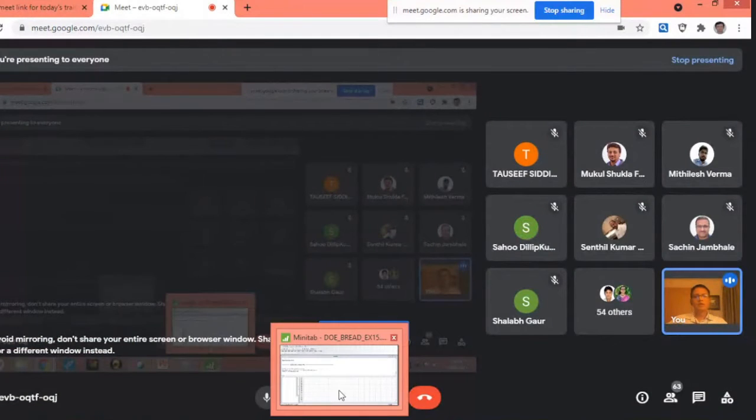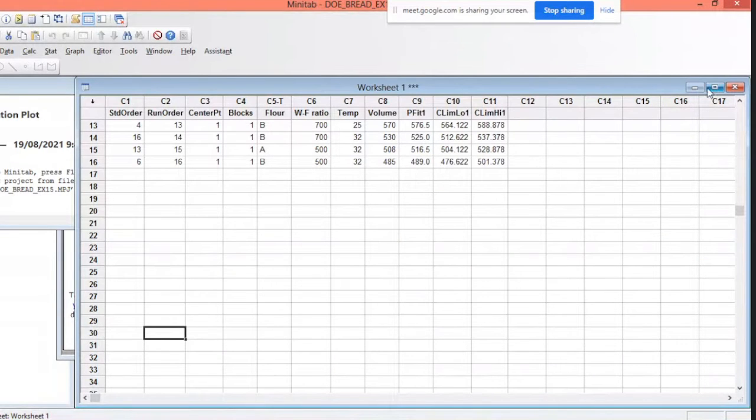Please open the example we have done yesterday related to the bread volume.